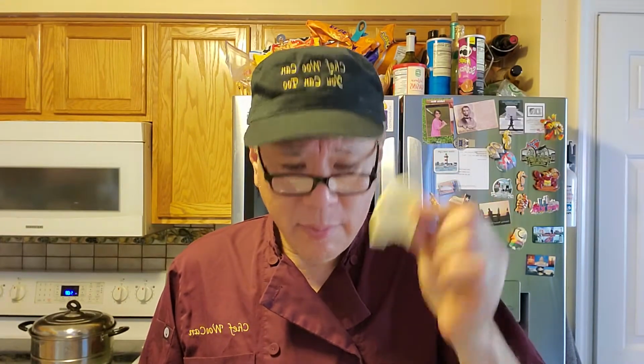For the sauce, fresh ginger, a slice. Ginger is very aromatic, it goes a long way. What we're going to include here is soy sauce, and I'll show you the measurements. Brown sugar, white vinegar, and